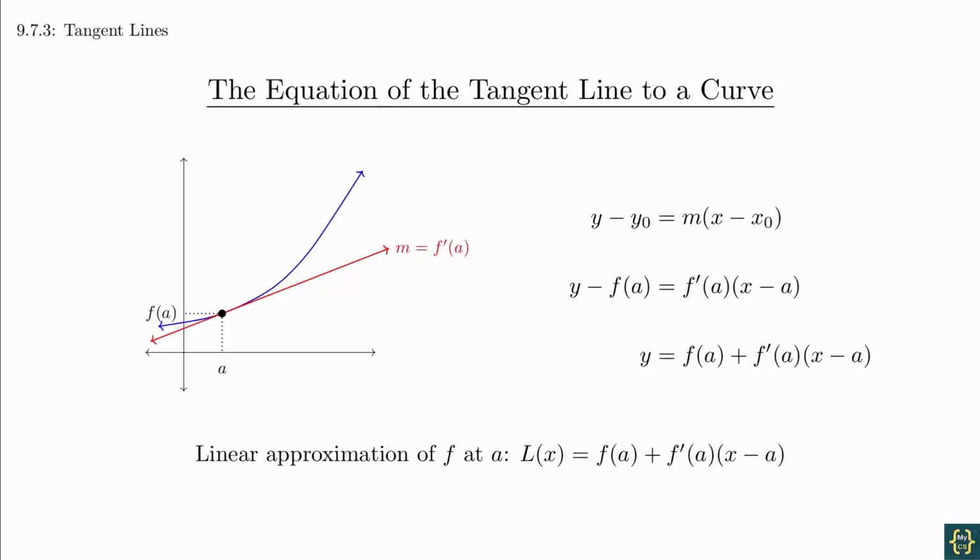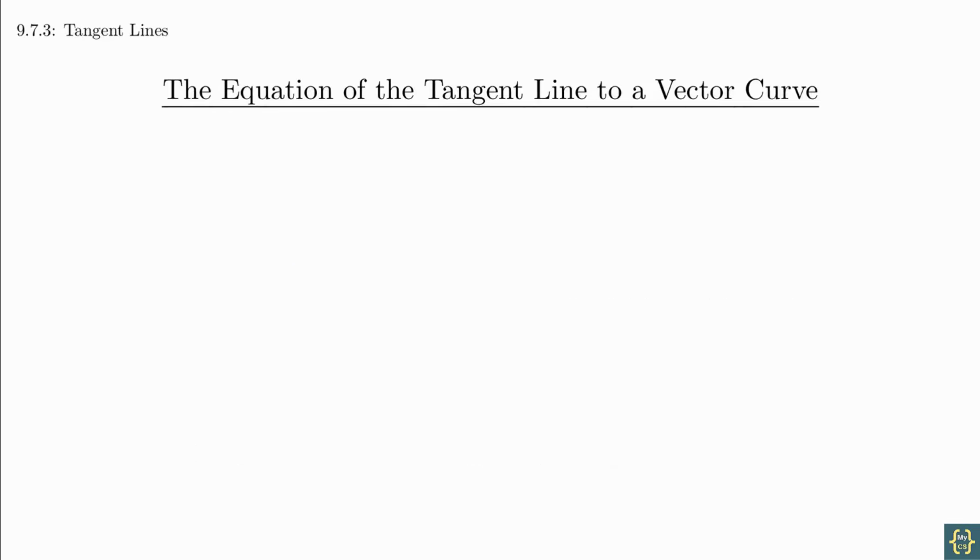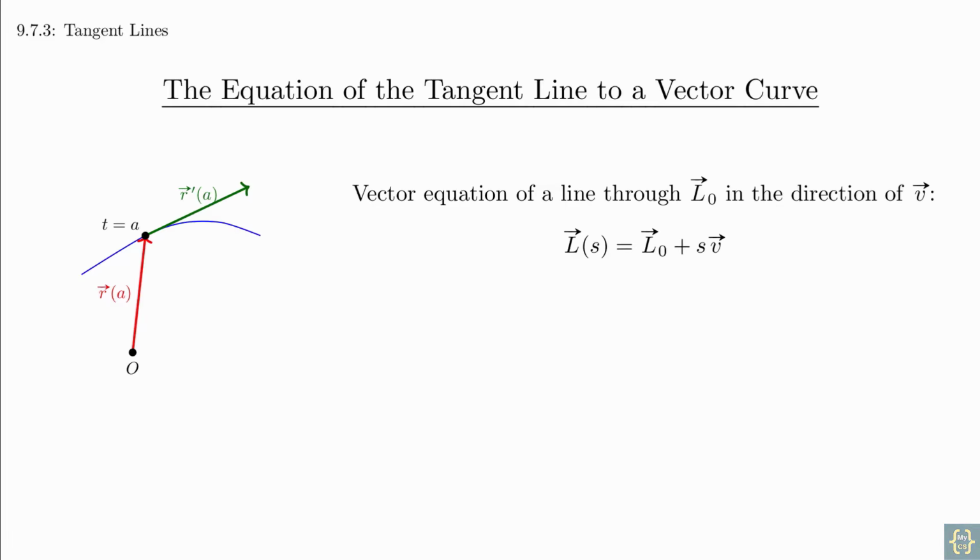We can do the same thing to curves in 3 dimensions. Remember that we need 2 pieces of information to get the equation of a line, a point and a direction. If we pick some specific value of the parameter, say t equals a, that will give us the location of a point on the curve. And then we can use the derivative of the vector function to give us the direction vector. Instead of using point-slope form, which only applies to lines in the plane, we use the vector form